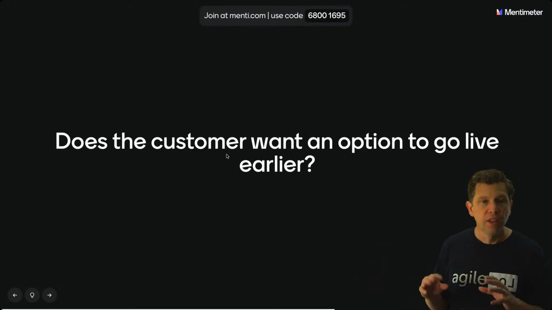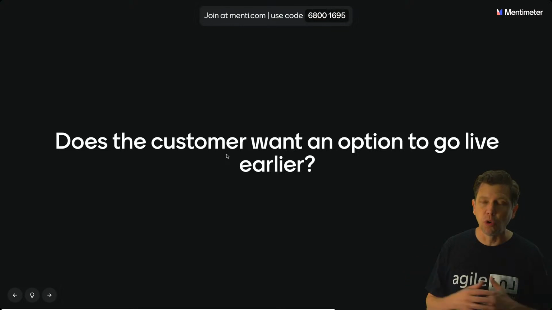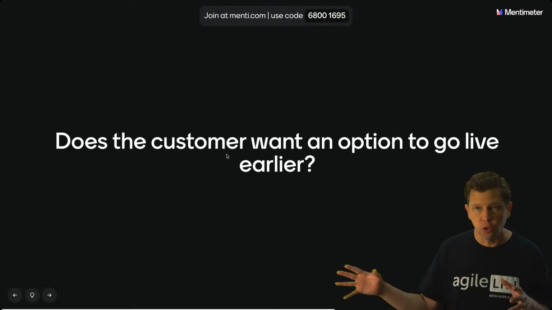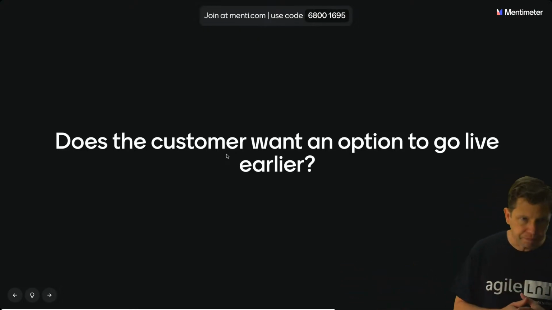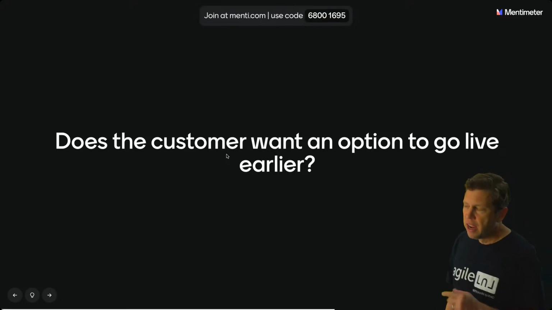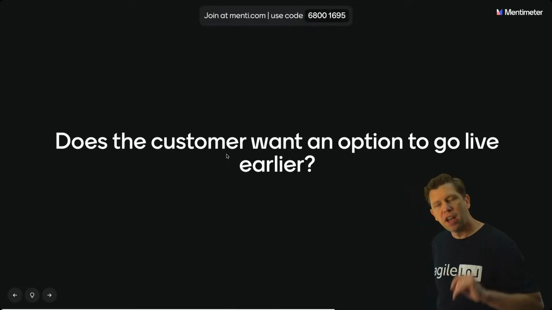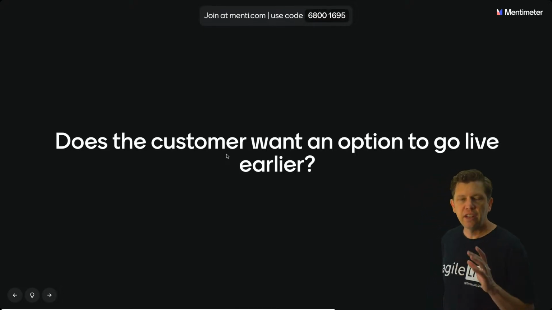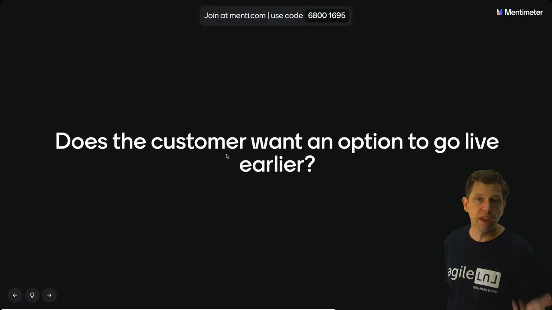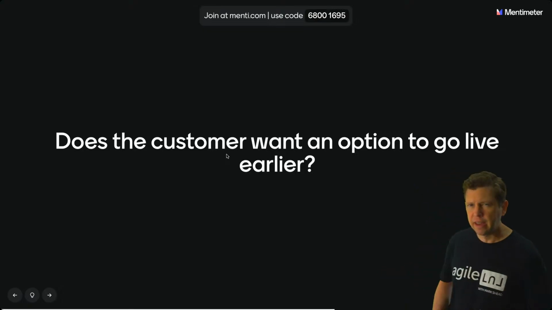So, for example, there might be pressure to start more things at the same time. Work on 10 stories at the same time instead of working on 3 and just trying to get them all the way through and completed and then working on the next 3. But asking, does the customer want an option to go live earlier? The way I often phrase this is, is there any possible future that things could change and we would be willing to go live with a subset of all the things that we think we need to go live today? And usually the answer is no, but then I push back and say, imagine if